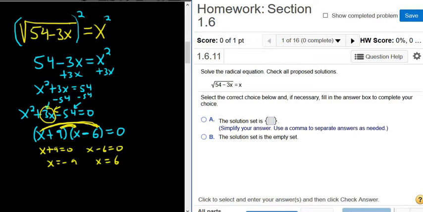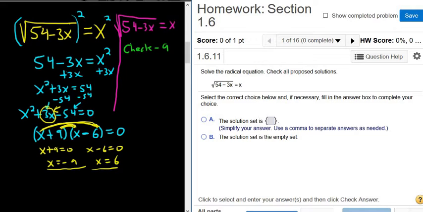Okay, so now we're supposed to check our answers. We have to take these numbers and plug them back into the original. So I'm going to write down the original problem up here. So we have the square root of 54 minus 3x, and that's equal to x. Let's start by checking negative 9. So we get square root 54 minus 3 times negative 9, and that should be